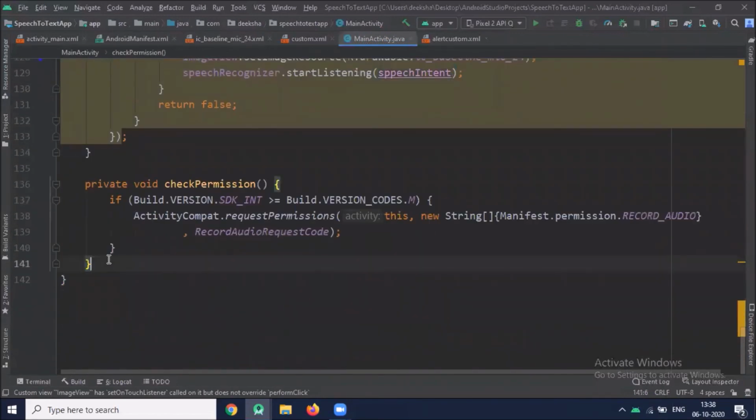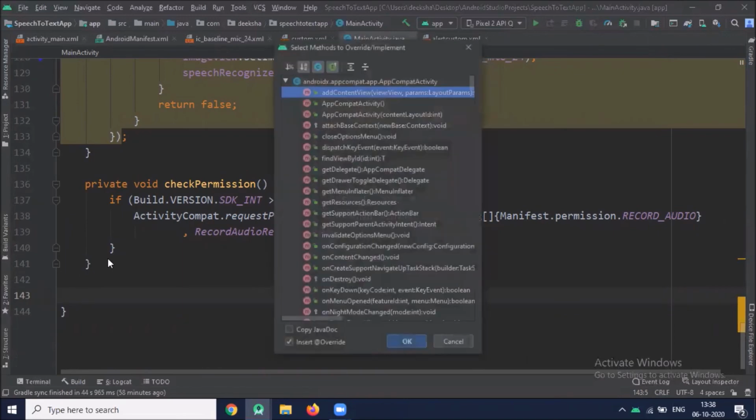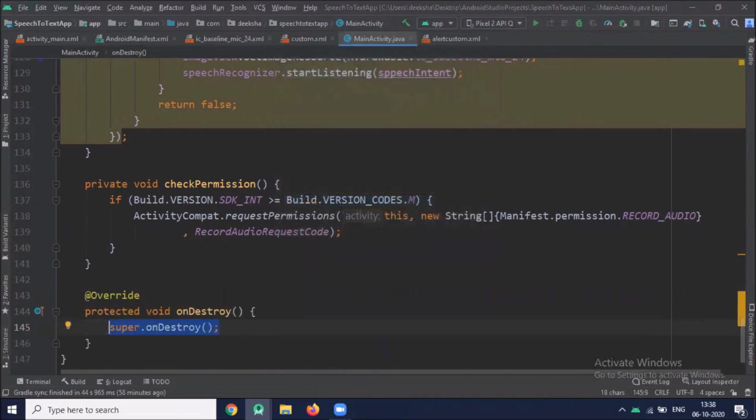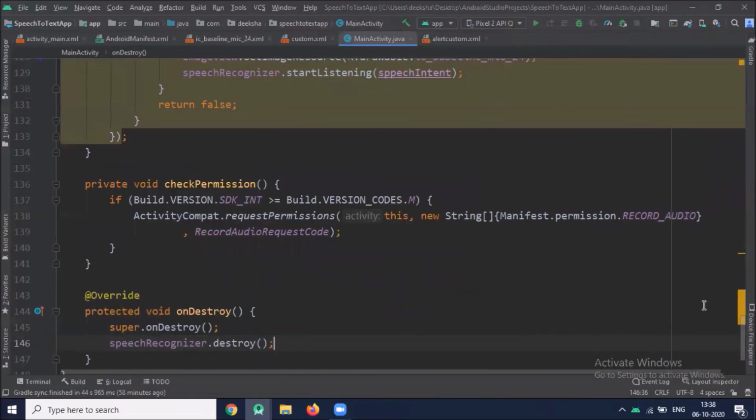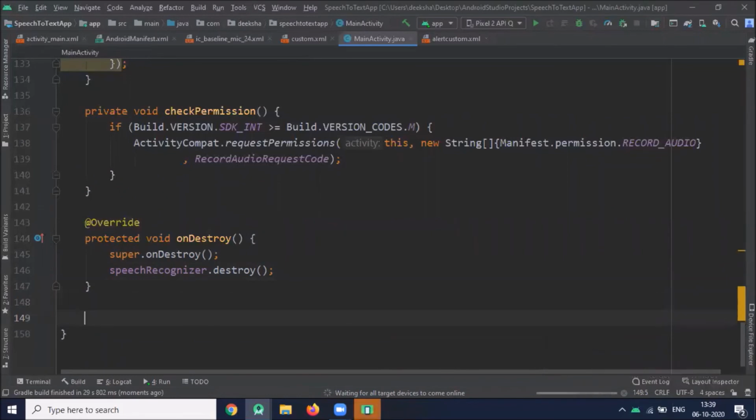Now add one override method onDestroy, and here we use the destroy method. I forgot to create the onRequestPermissionsResult method.